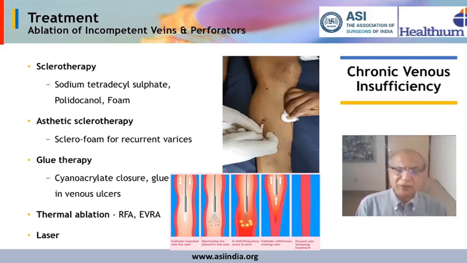There are brilliant sclerosants available now. To name the sclerosants from the undergraduate textbooks, those were boiling hot water, sodium morrhuate, phenol in almond oil, sodium tetradecyl sulfate, polidocanol. These can be used neat, 3%, and foam. What I use in my practice, I used to use a lot of sodium tetradecyl sulfate available in India by the name of Fibrovein. However, I've switched to polidocanol, which is much more painless,